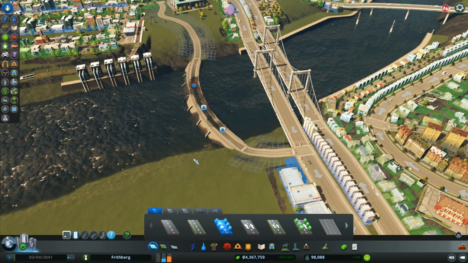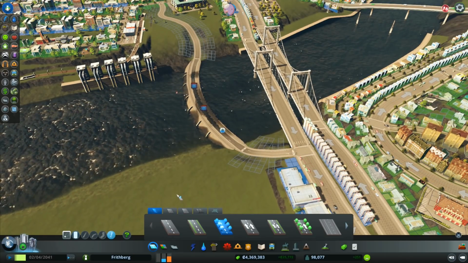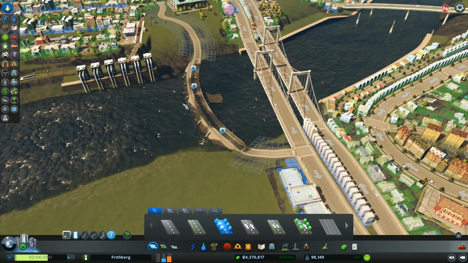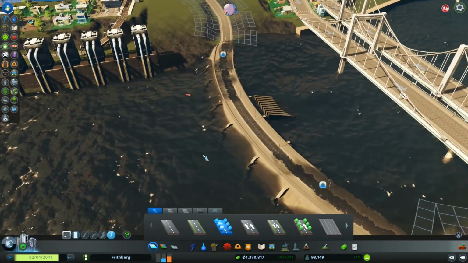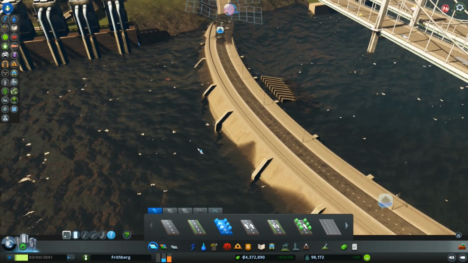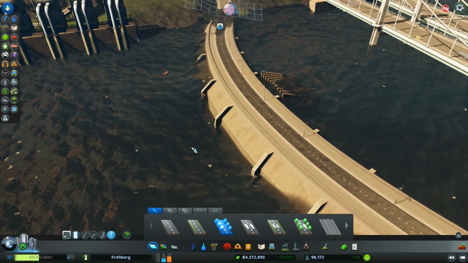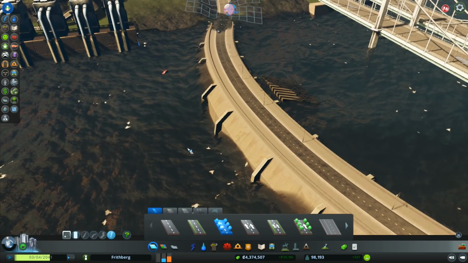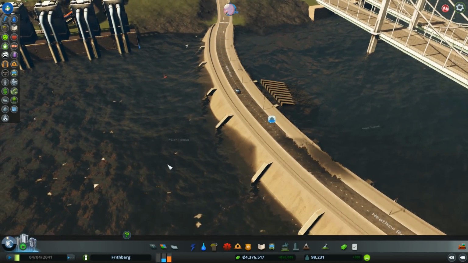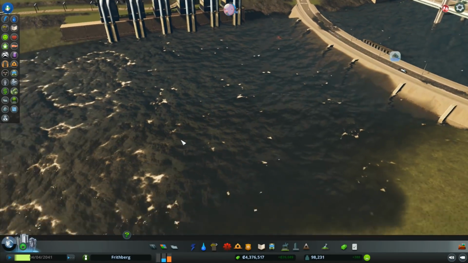Right, so now the flooding issues. It's flooding the wrong way. And I'm also washing cars off the river. Why is it flooding the wrong way? I don't understand why that's going the wrong way. I didn't think it was supposed to work like that. Right, well, we're getting cars being washed off of our...